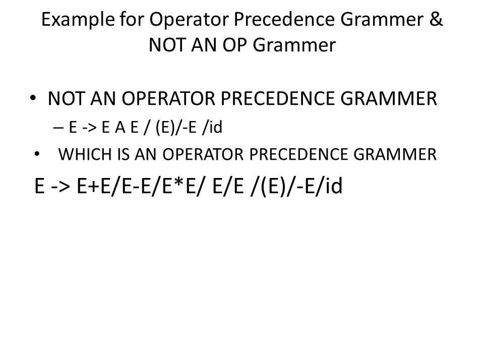And which is an operator precedence grammar? Taking the previous example, E implies E A E, A can be replaced with operators like plus, minus, star, division. So E can be rewritten as E implies E plus E, E minus E, E star E, that is multiplication, E division E, then minus E, and ID. So this is a valid operator precedence grammar.